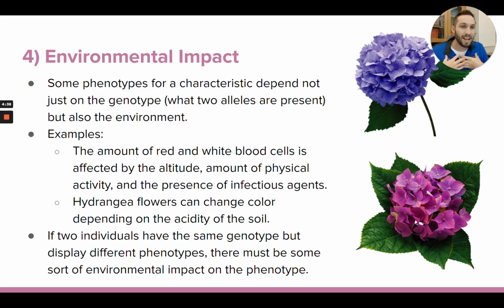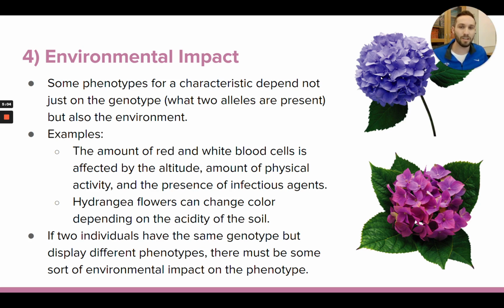So in your DNA, you do have information and alleles that contribute to what skin tone you're supposed to have. But obviously, as you have experienced so far on this planet, the amount of UV exposure, the amount of sunlight, for example, that you're exposed to, can also affect your skin tone. So there's an environmental component to determining your phenotype. And that's true for lots of different traits.